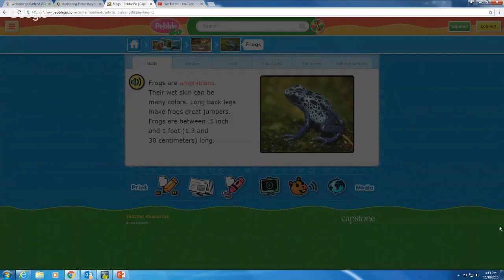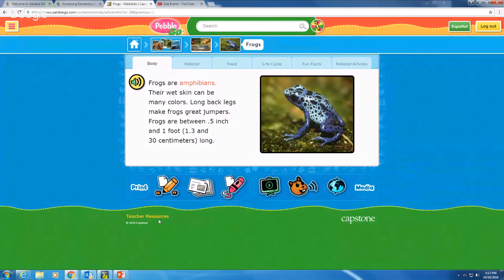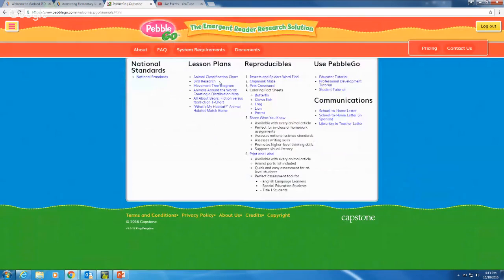Looking at the teacher resources, if you click on your teacher resources within a category, it'll give you lesson plans for that particular category. So animal classification chart, bird research, movement tree diagram, all kinds of things. So it gives you not only a lesson plan to use,